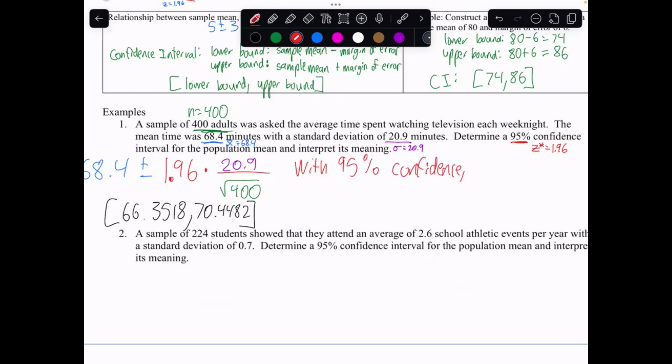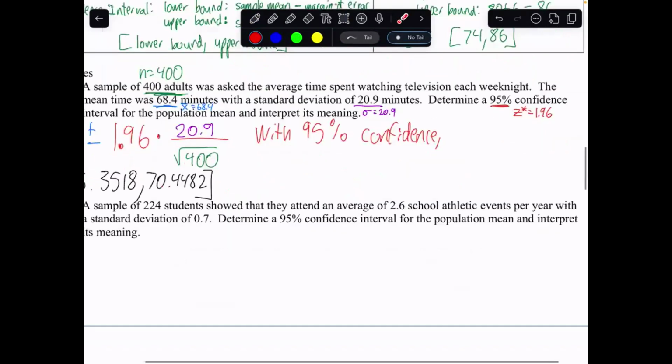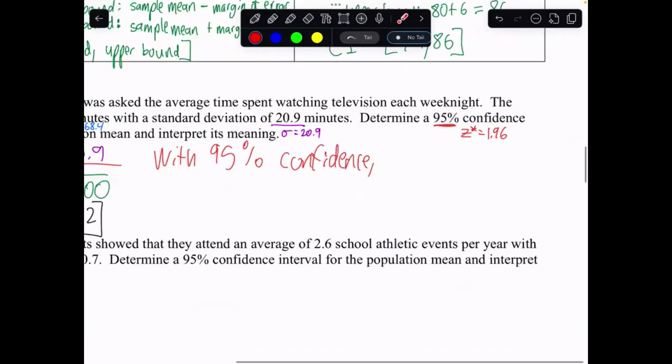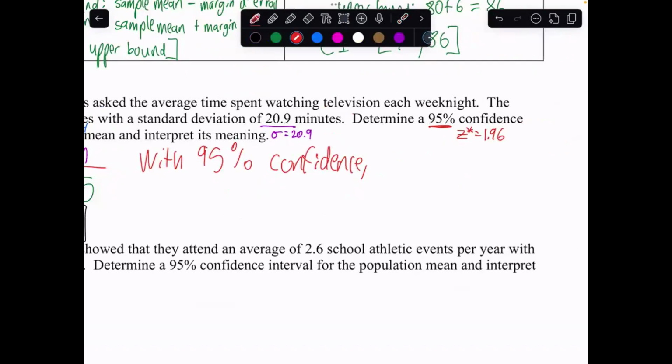Again, you have to say that because otherwise, with 99% confidence, with 90% confidence, those confidence intervals would all be different. Okay, so again, we used a 95% confidence level. Okay, so with 95% confidence, the